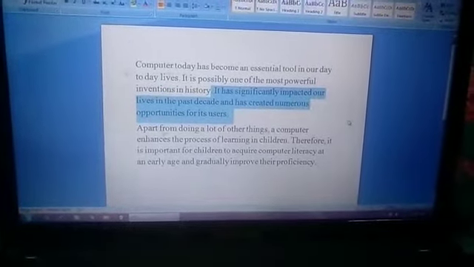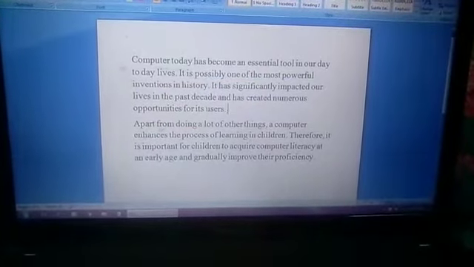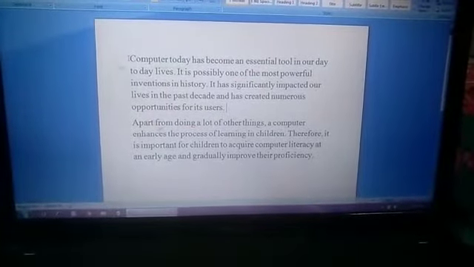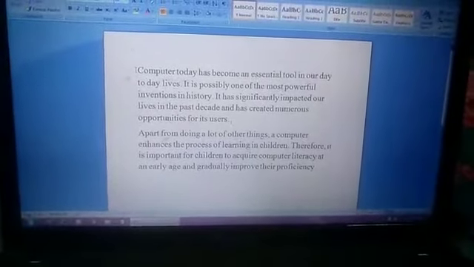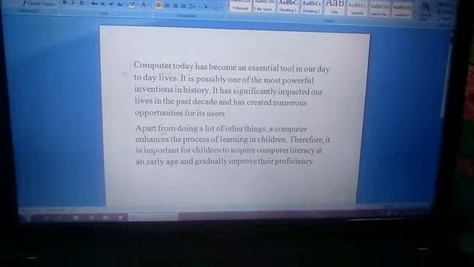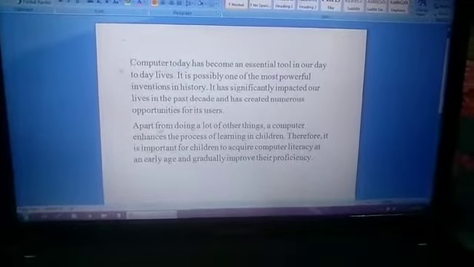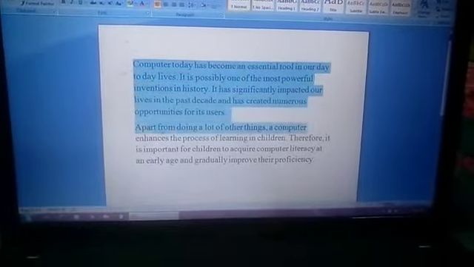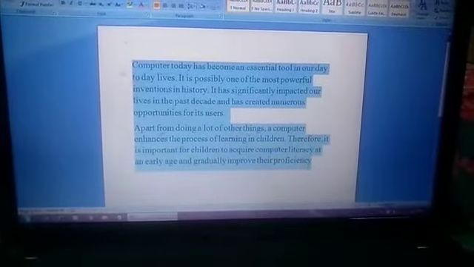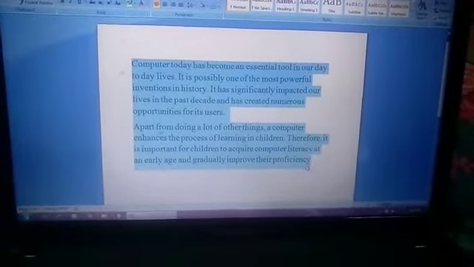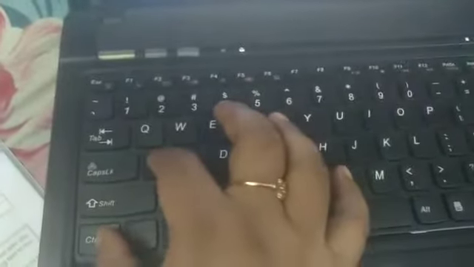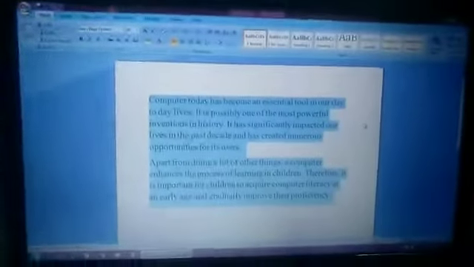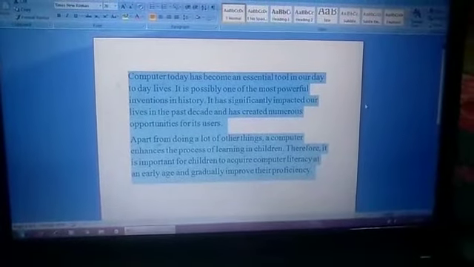Okay children, now if you want to select the entire document, keep the cursor at the starting point of the page and drag the mouse, or you can just press Ctrl and A and you will see the whole document is selected.